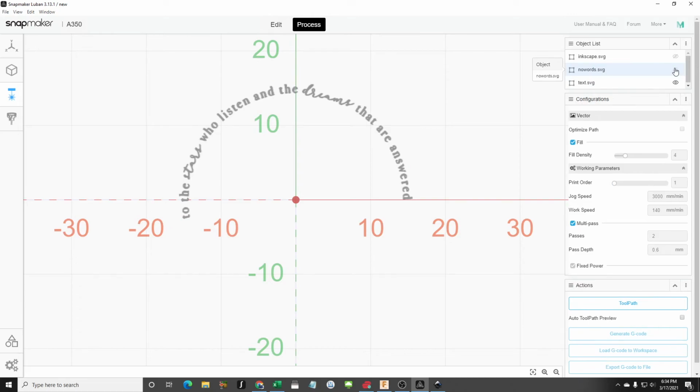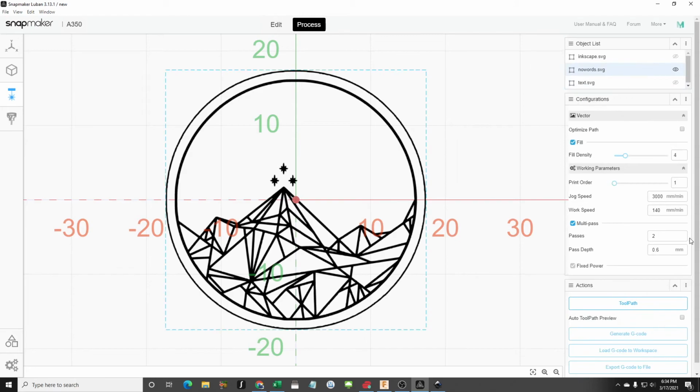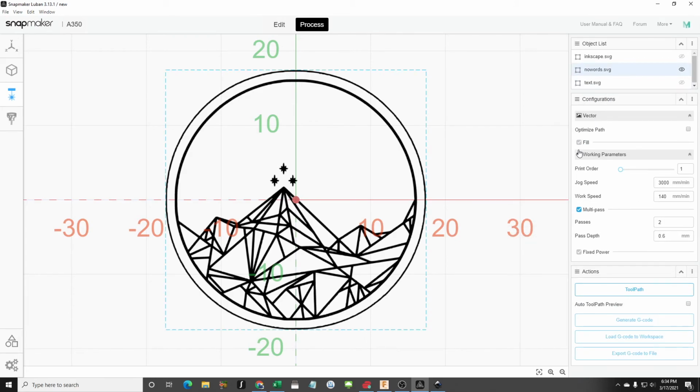And then this one here, you don't want to do fill. I wouldn't want to do fill, but you can if you want, however you want. Maybe you want to make these guys fill, but everything else will be outlined. And so this guy can do a little higher because it's just going to do the toolpath here. Okay, this guy, here goes. We have him selected. We'll do no fill